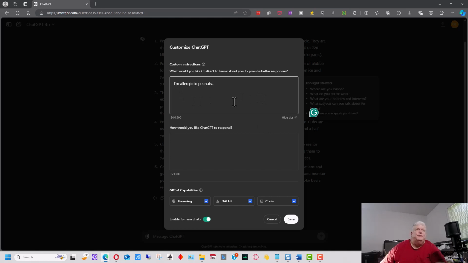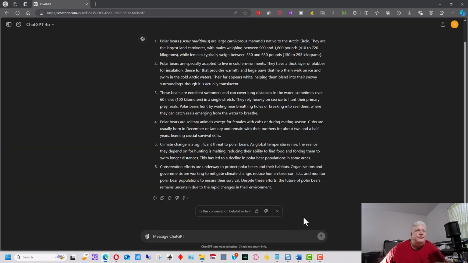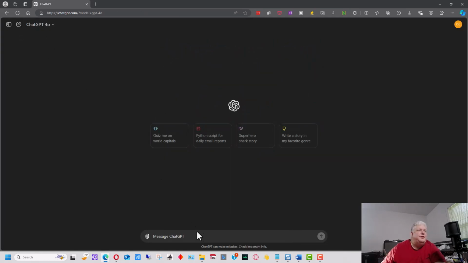Now, I'm not allergic to peanuts, but you might want it to know, because although I wouldn't trust 100% that if I were allergic to peanuts, ChatGPT is going to warn me about something that has peanuts in it, it's nice to have it in there, because it's going to try to warn you about peanuts as much as it knows that it might affect you. So we're going to save right here, and we're going to start a new ChatGPT, and I'm going to say, show me a recipe for